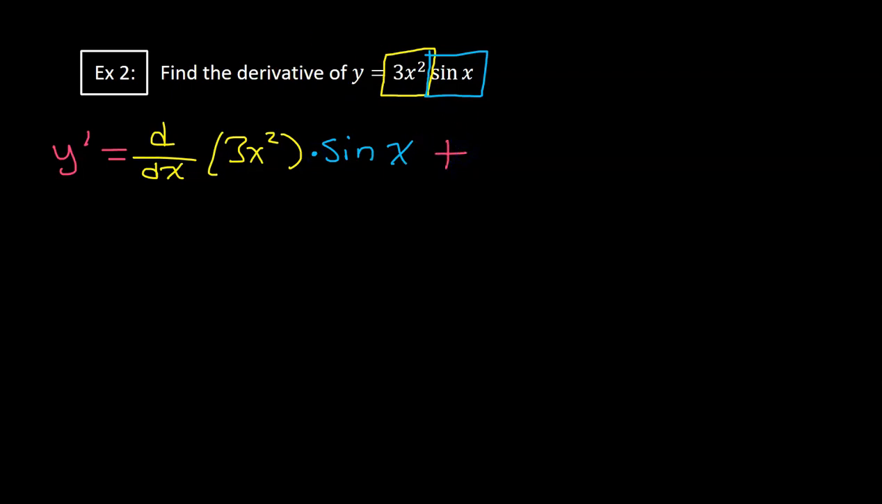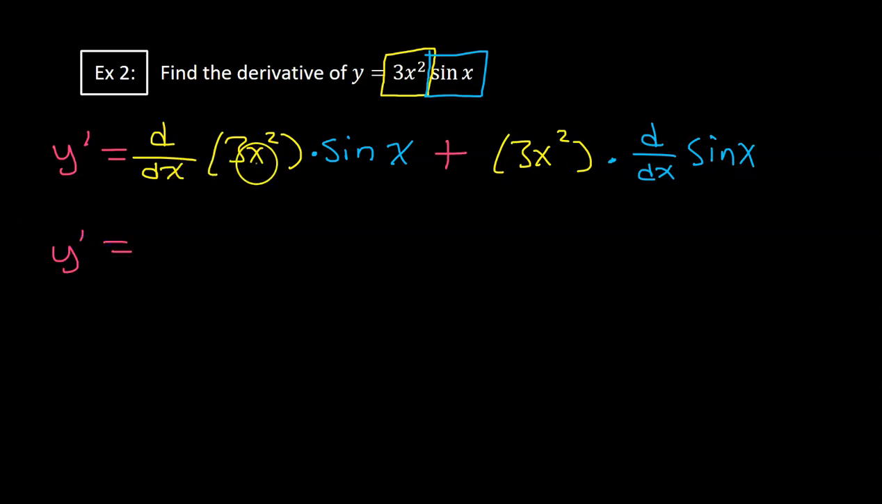Now the second time through, the first function gets left alone. So we're going to have our 3x squared left alone. But we will multiply by the derivative of the second function. So just follow the d dx, because that's what we're going to do on the next step. We're just going to take the derivative everywhere there is a d dx. So y prime should equal